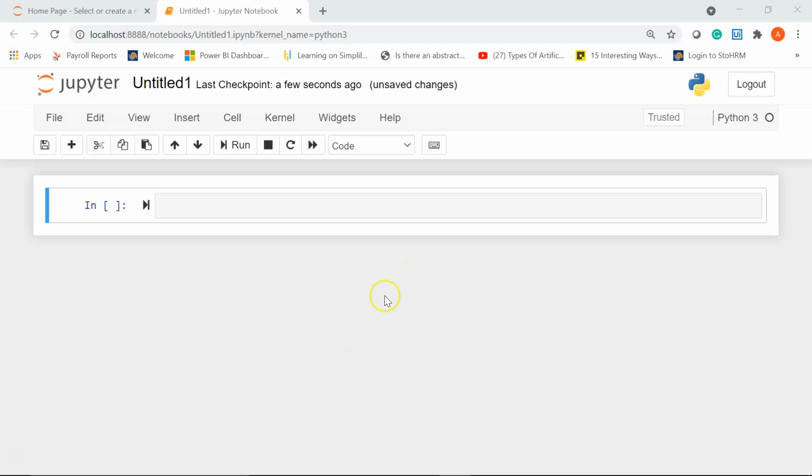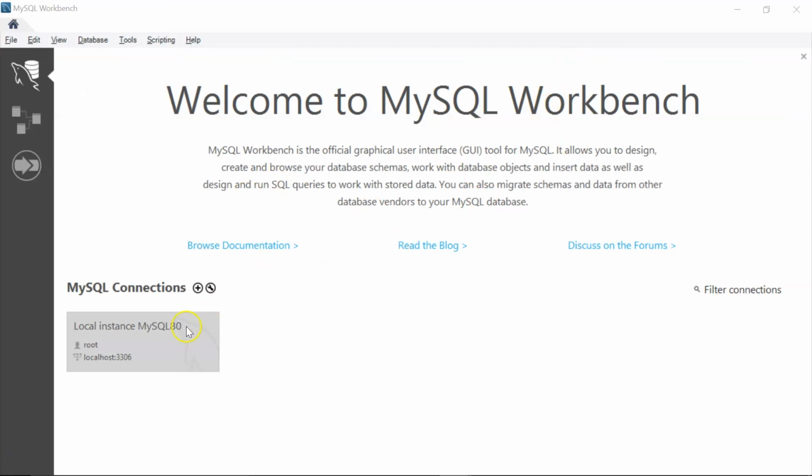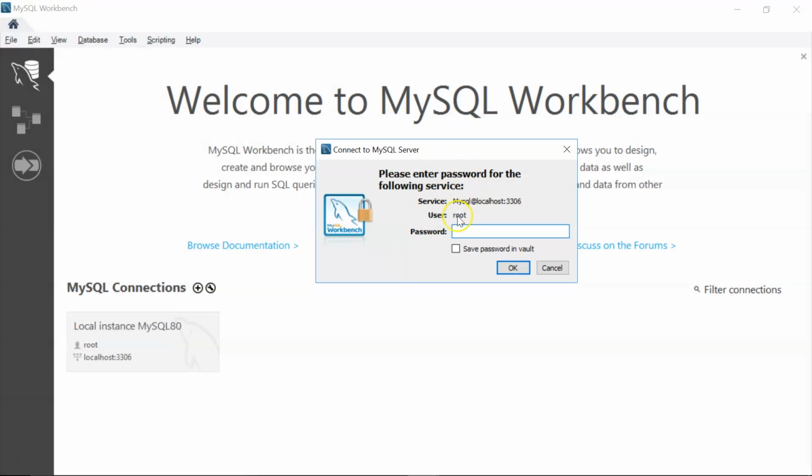So we will write our SQL queries in the Jupyter Notebook with Python-like syntax. If you don't have MySQL or Jupyter Notebook installed, please go ahead and install them first. While installing the MySQL Workbench, you will be asked to give the username and password. Let me show you. So I am on my MySQL Workbench. Once you connect, it will ask for the username and the password. I have given my username as root, and the password you can give while installing it. We will be using the same username and password to make our connection. So let's get started with our hands-on demonstration part.